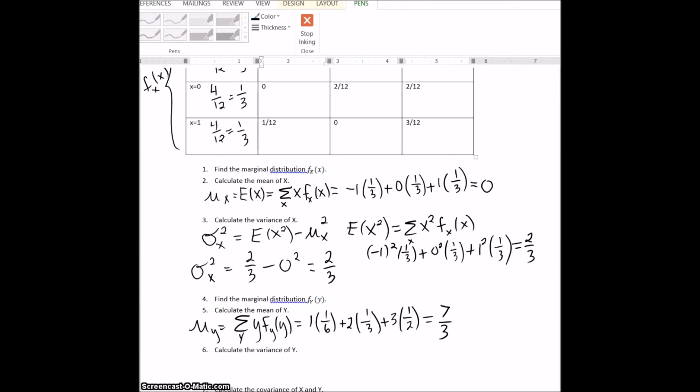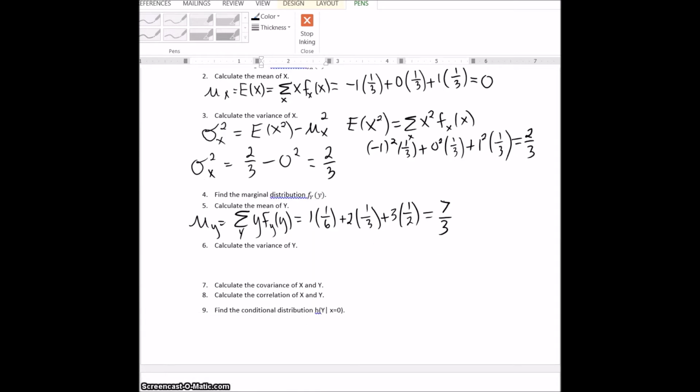And also similar to the way I did with x, I can find the variance, sigma squared of y, by taking the expected value of y squared minus the mean of y squared. The expected value of y squared is the sum over all values of y squared times the marginal probability that y takes on that value. So this is going to give me 1 squared times 1/6 plus 2 squared times 1/3 plus 3 squared times 1/2,